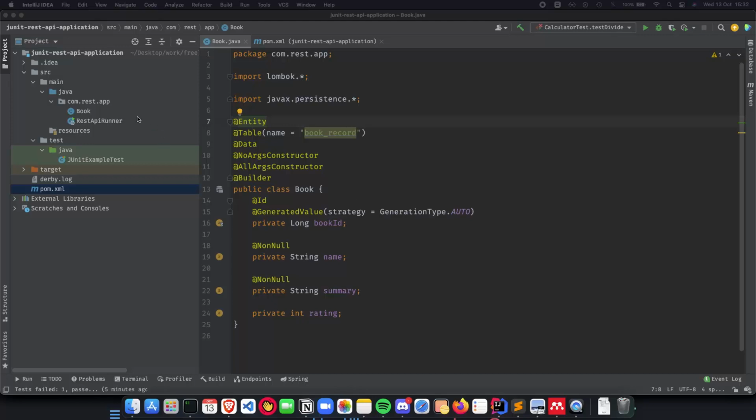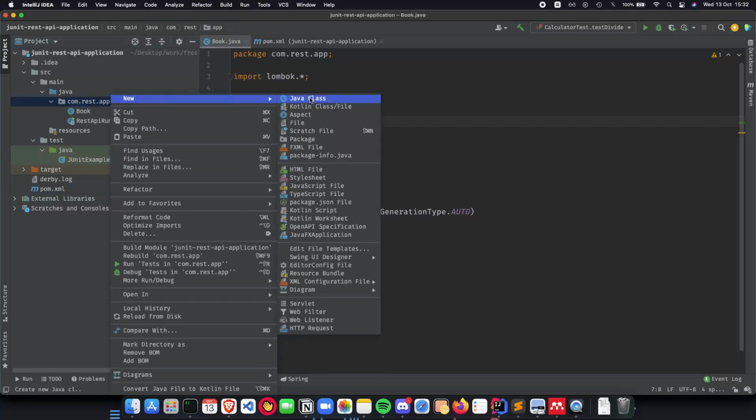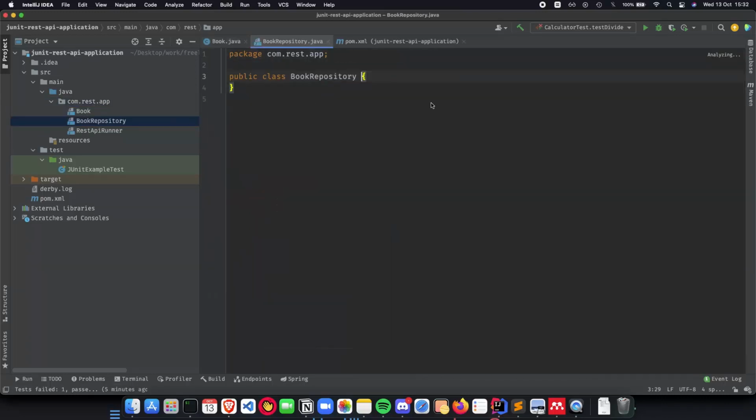So for that, let's create a new class, not a class, but an interface. So new class, and we'll just call it book repository. And this need not be a class.